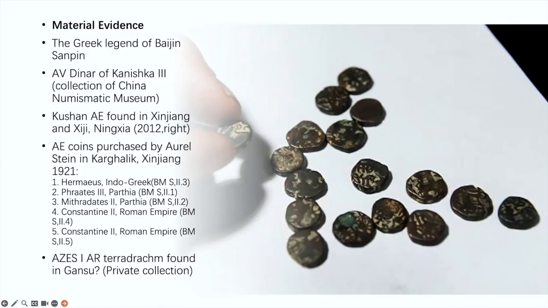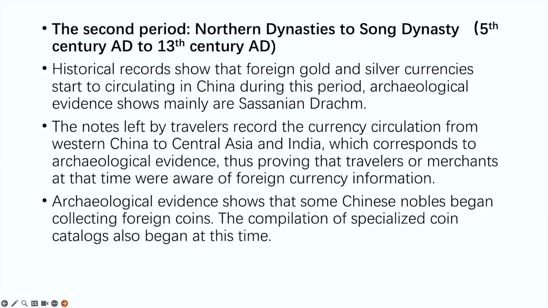So the second period is very fascinating, which is from the Northern Dynasty to the Song Dynasty. In the Northern Dynasty, a huge amount of immigration happened in North China, like Sogdian and Persian merchants who started living in China. That means lots of coins were brought to China. Actually, for those coins, it's very interesting. You can easily group those because